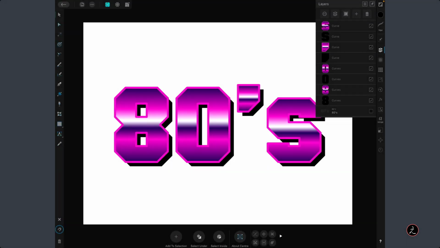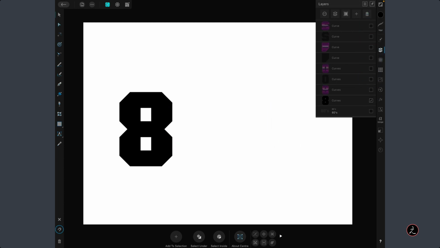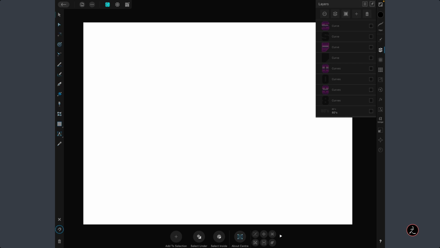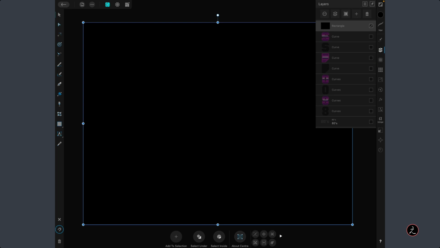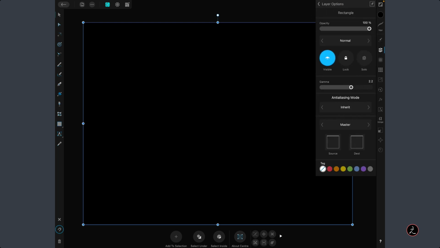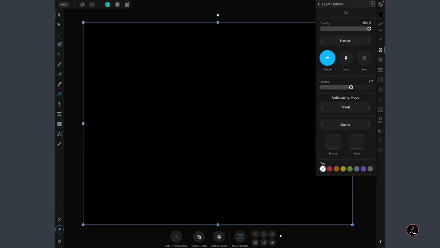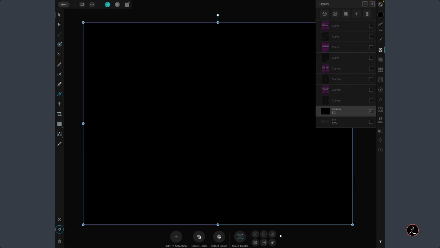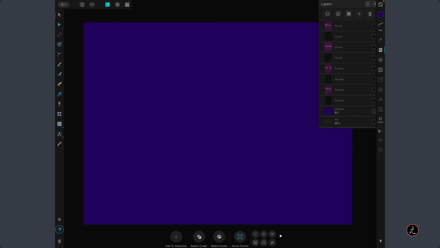So for this next step, I will toggle off the visibility of all these curves inside the Layers Studio, and I will grab the rectangle tool and create a rectangle all across, like so. Then inside the Layers Studio, I will tap and hold and bring this to the bottom of the layer stack. Inside the Layers options, I will rename this to BG for background. In this case, I will just give a solid color for this specific rectangle. All right, great. So we've got that.